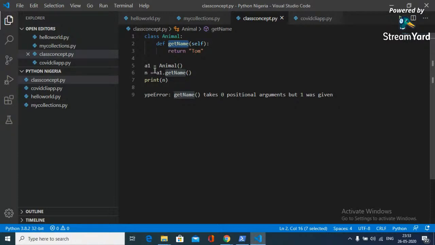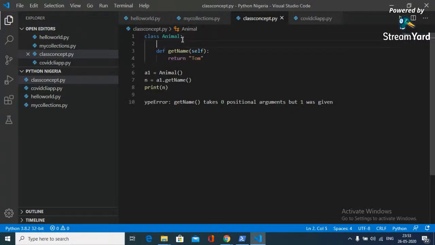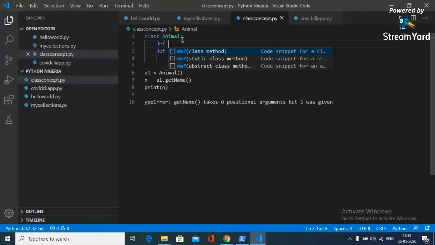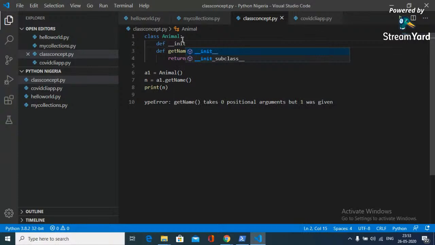So to achieve this, what I need to do is I have to use one thing called def init function. I will explain what init does. Self